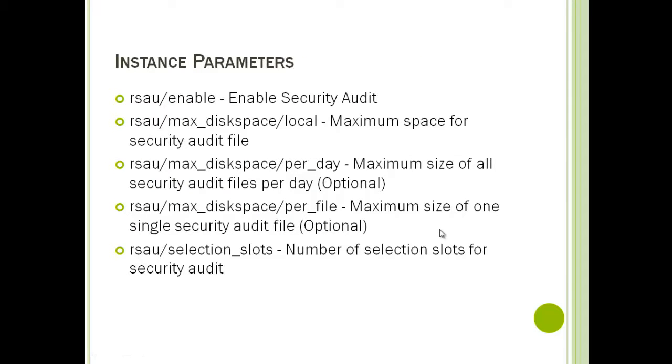And the next one is the instance parameters. Let's say there are quite a number of parameters related to the audit log. The first one is RSAU/enable. This enables the audit logs. We will see in the system later how to enable this audit log, and we will also enable it and try to run some events. The second parameter is